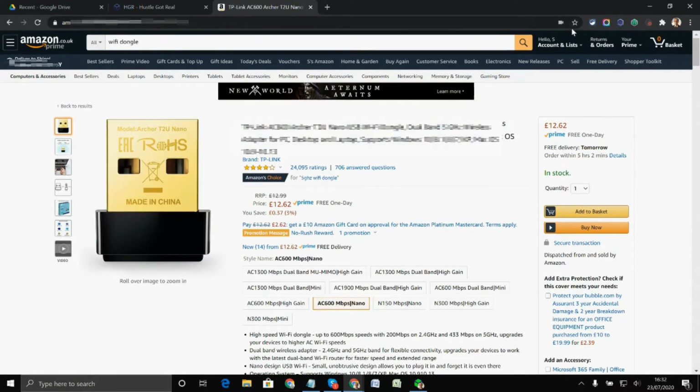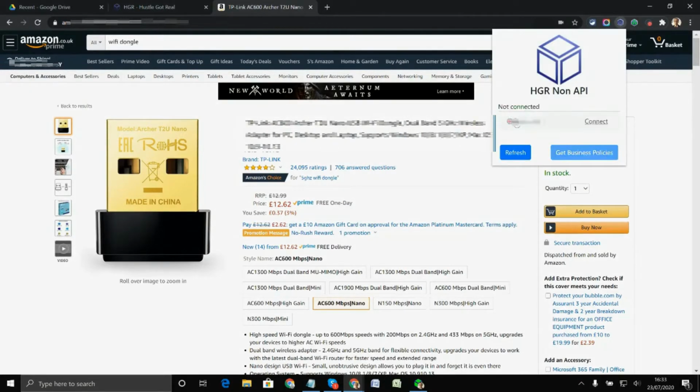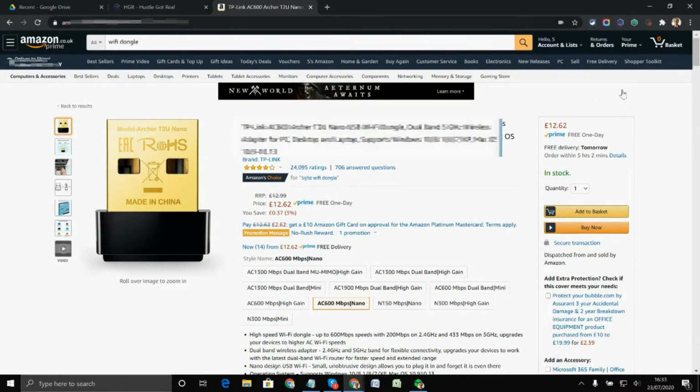As I mentioned earlier, there are 2 Google Chrome add-ons. The first thing to check is the Hustle Got Real non-API add-on. Click on it. There are a couple of things you need to make sure of: that it is in the monitoring position, and the shop name shows right below. Once it's confirmed, you can close it and then click on the next add-on, which, as I call it,